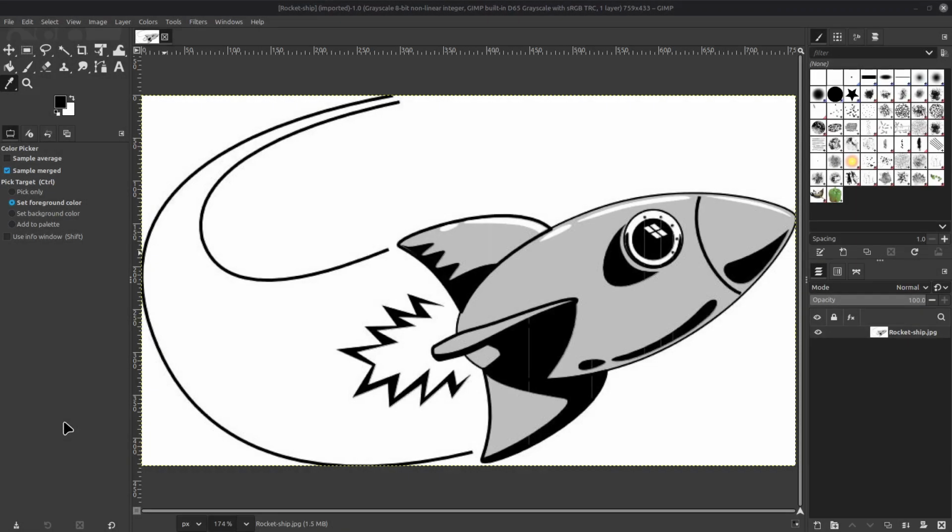First things first, the thing you have to understand about how we're going to make an image in a spectrogram is we're going to start with a grayscale image. Understand that when you're making spectral paintings using a spectrogram, it only works with grayscale images. So that's what we're going to start with. I have this old clip art of a rocket ship, and it's a relatively small image. It's only 759 by 433 pixels.